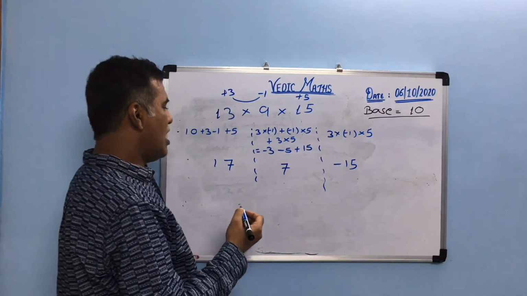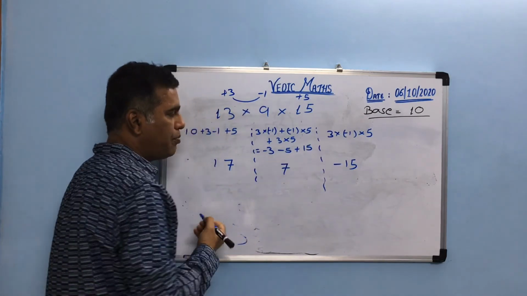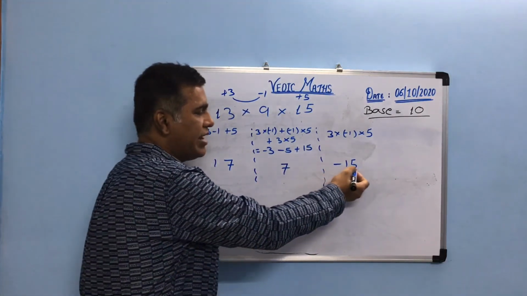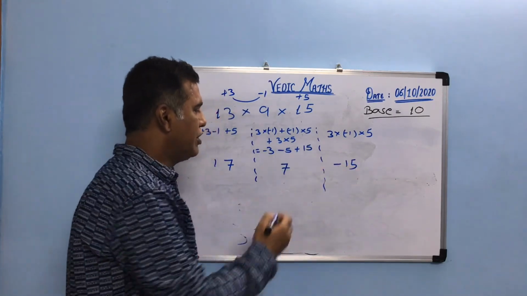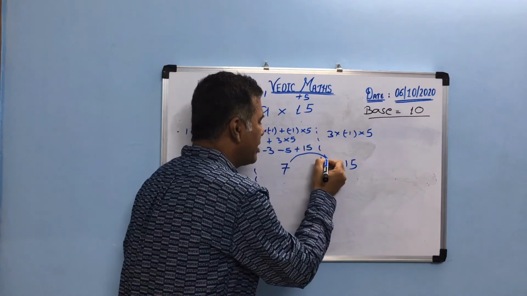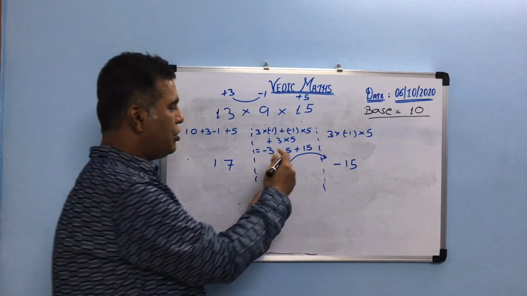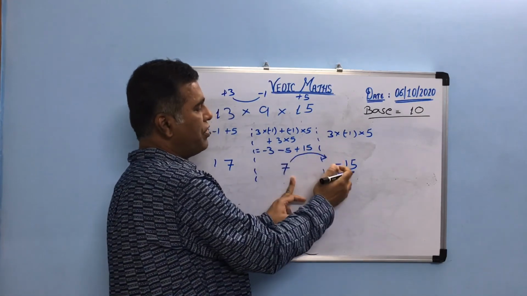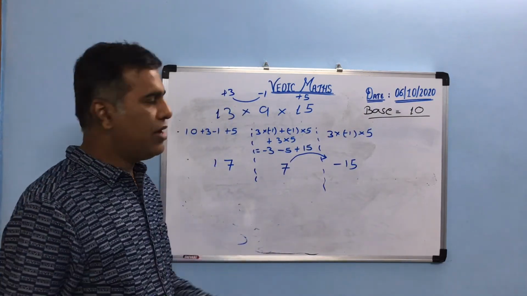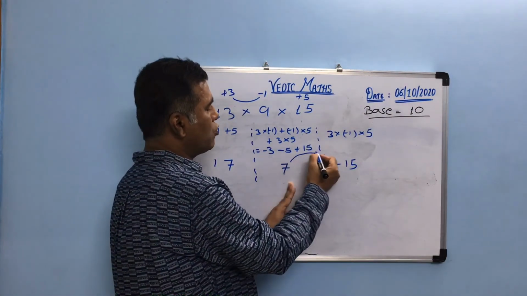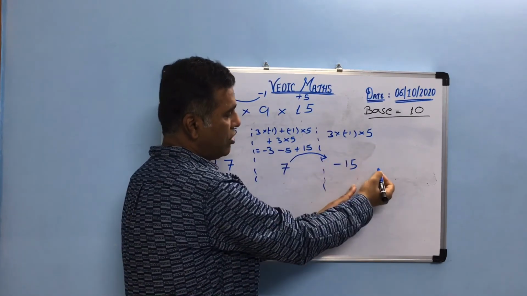So now what will we do? I will bring only one number from each column. But the problem is that here I have minus 15. I have to make it positive. So how much should we take so that it will become positive? It is minus 15. That means if we borrow 2 from here, that will become 20 because the base is 10. How much you are taking will be multiplied with the base. So from 7 it will take 2 to this side. It will borrow 2, not carrying forward.